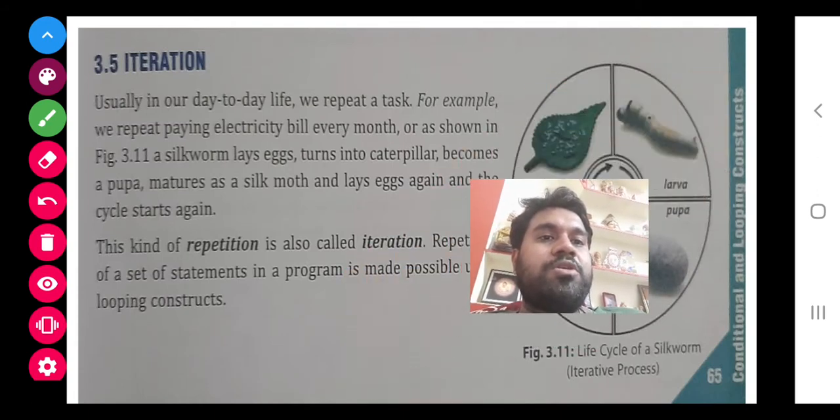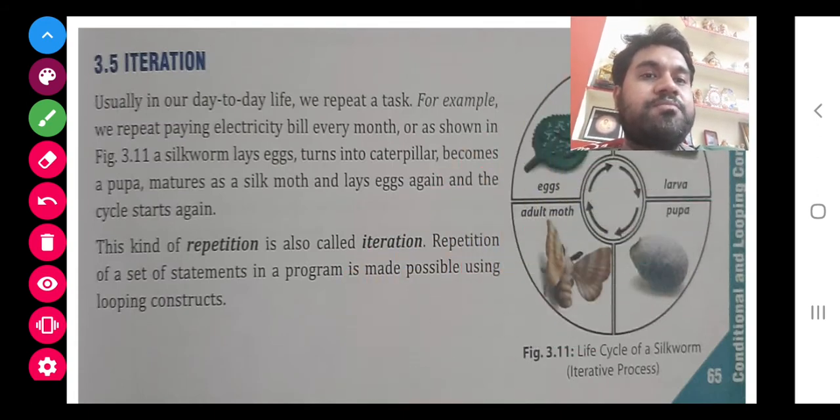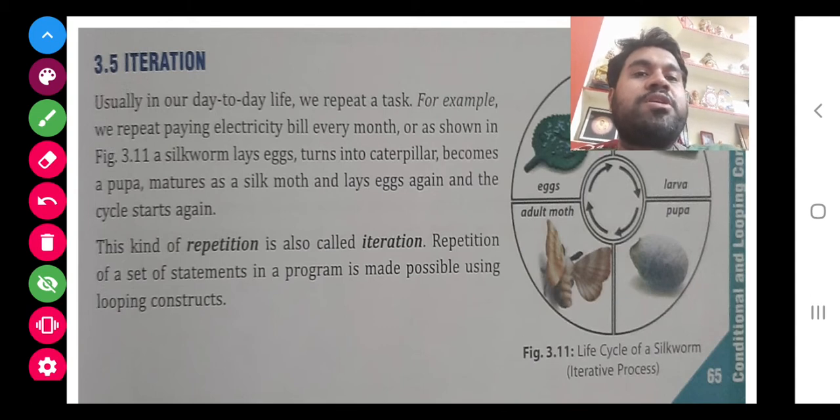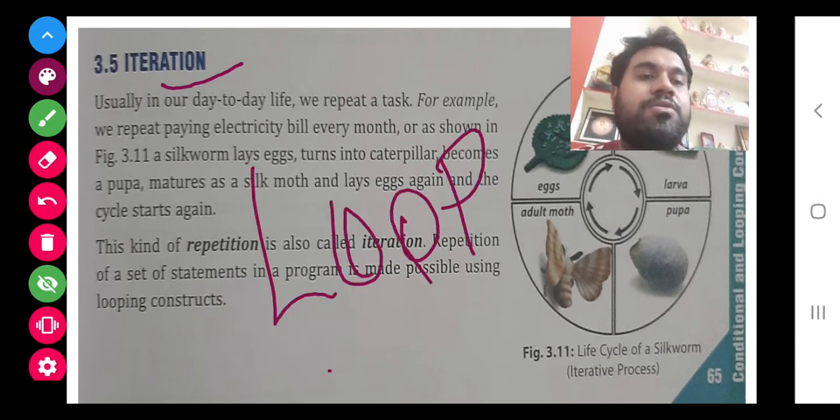Iteration is all about doing a repetitive task. There are certain things in our daily life that we do repetitively. Similarly, in calculation and other purposes also, there is a need for repetition. For repetition, one method is to do it again and again. One method is to be technical and use iteration, that is a loop.